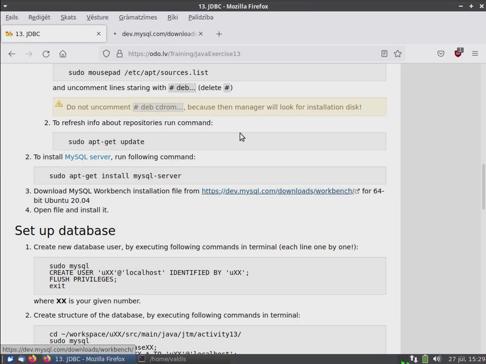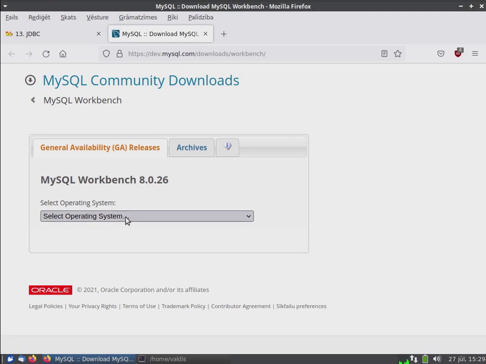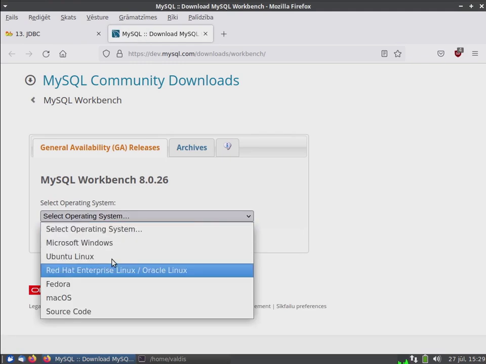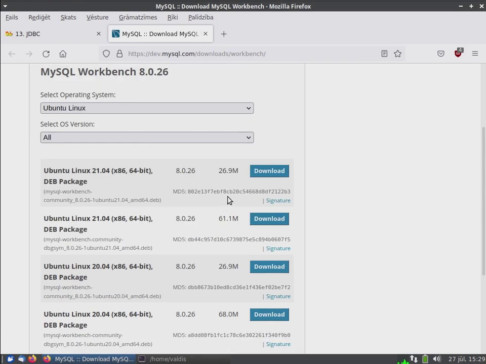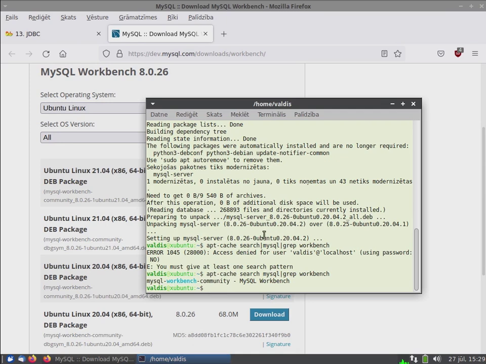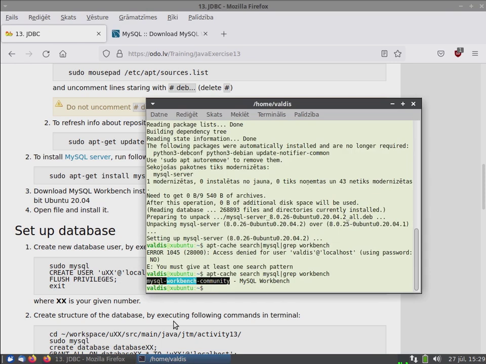We had to go to the website of the producer, download the installation file, and then install it. But now we have MySQL Workbench available as a standard package on these remote repositories. So instead of this Windows approach, we can use standard